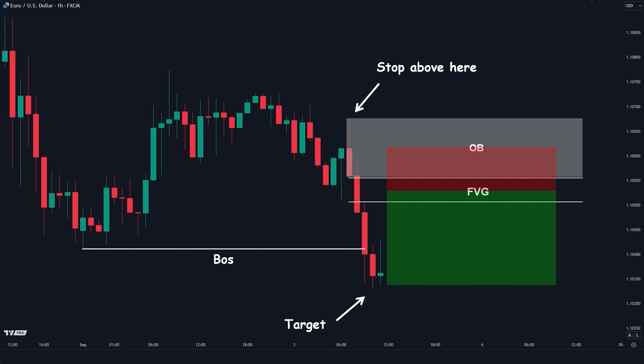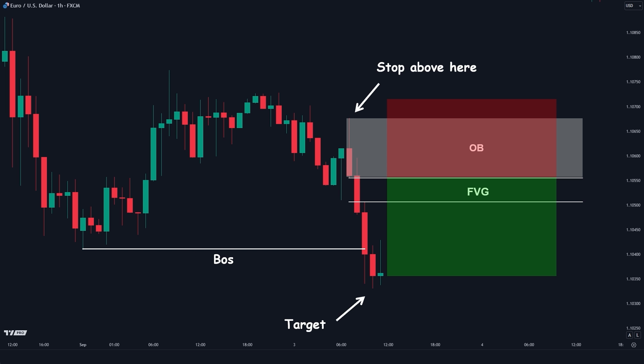Even if you decide to zoom into lower time frames to find confirmation at the FVG before taking the entry, the odds still work against you, and there's a higher chance of being caught by liquidity grab activities. With this in mind, a more conservative approach is to place our entry at the start of the order block zone. Here, we set our stop above the candle that initiated this impulse and target the close of the most